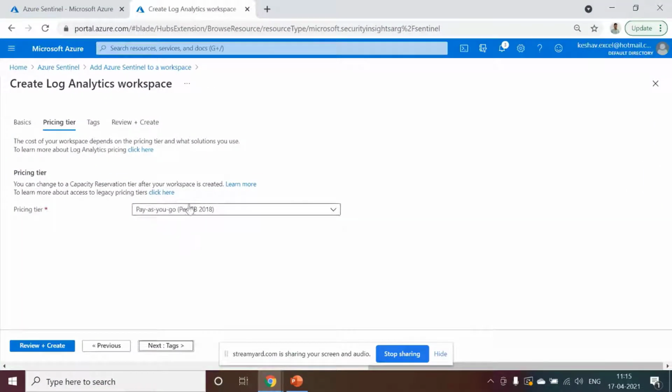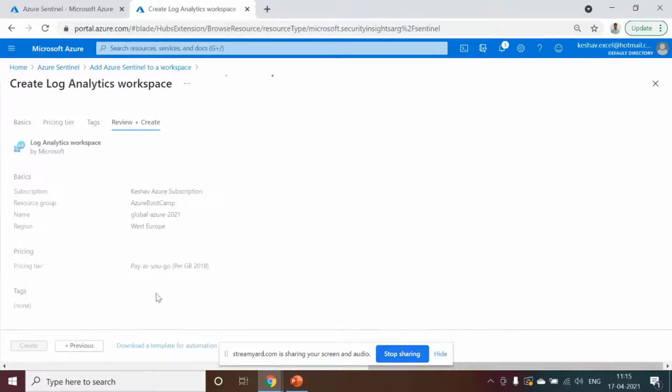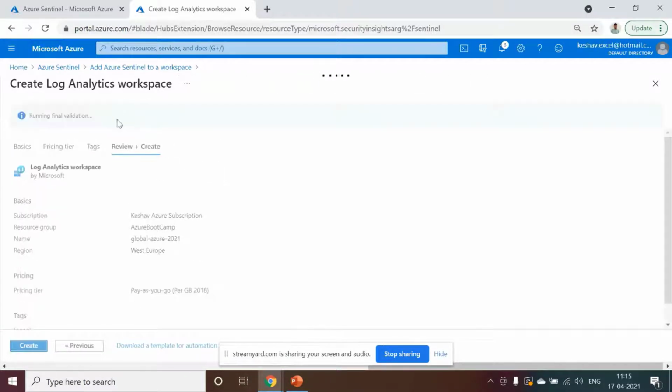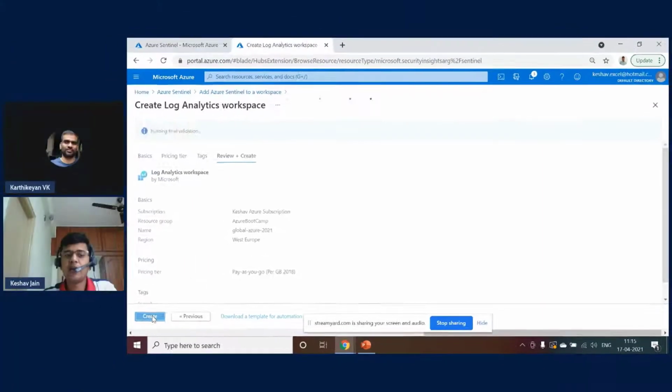These are some concepts specific to the log analytics workspace, the billing, pay as you go, like how much data you are inserting into the log analytics workspace, you have to pay for it. And then let's create it. So here again, I will say we are not creating the Sentinel, we are just creating the log analytics